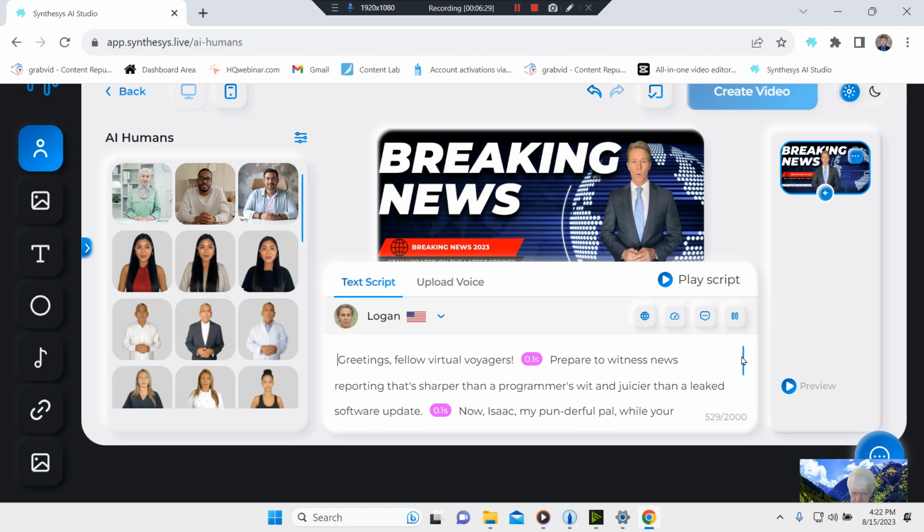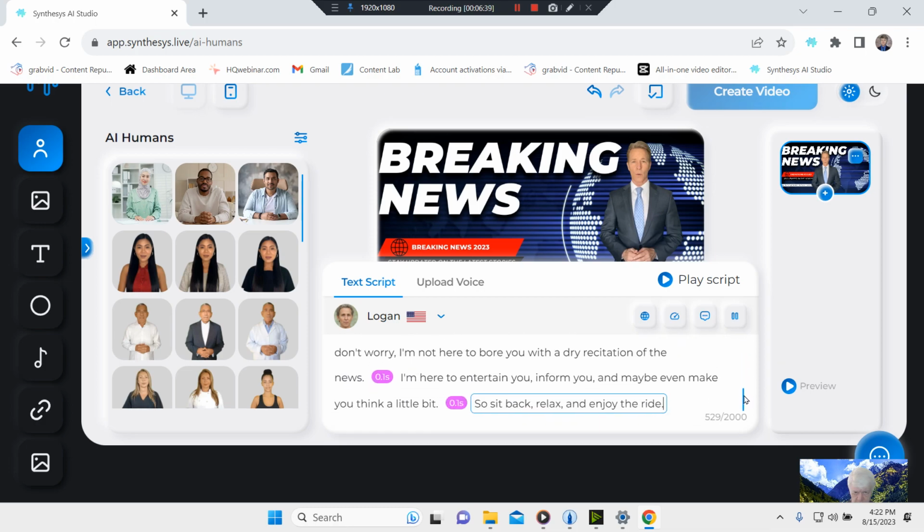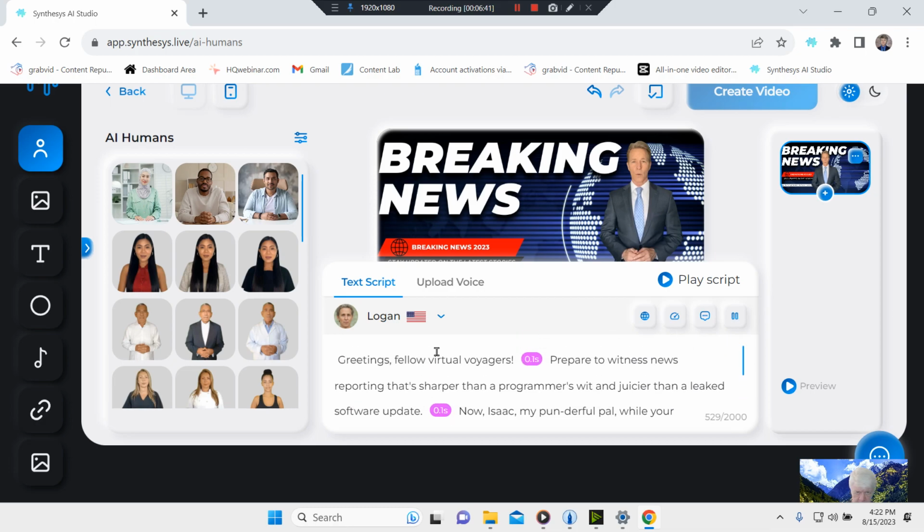And basically, if you hit enter after every one of these, you'll see the pause in here, which really makes it come out very, very natural. So once you have this all in here, you kind of need to start at the front. So click on that, and then you simply hit play script. Now, what actually is happening here is the AI is reading your text. And this AI is so smart because it will...